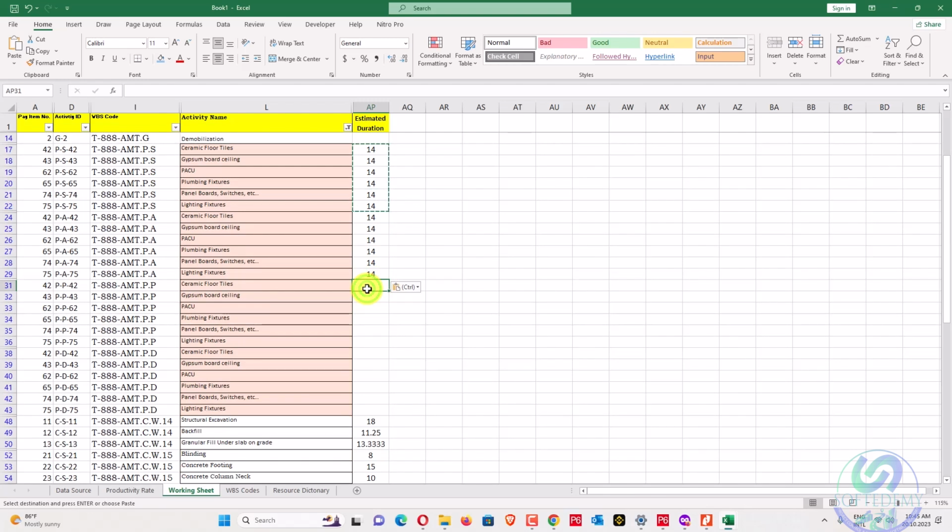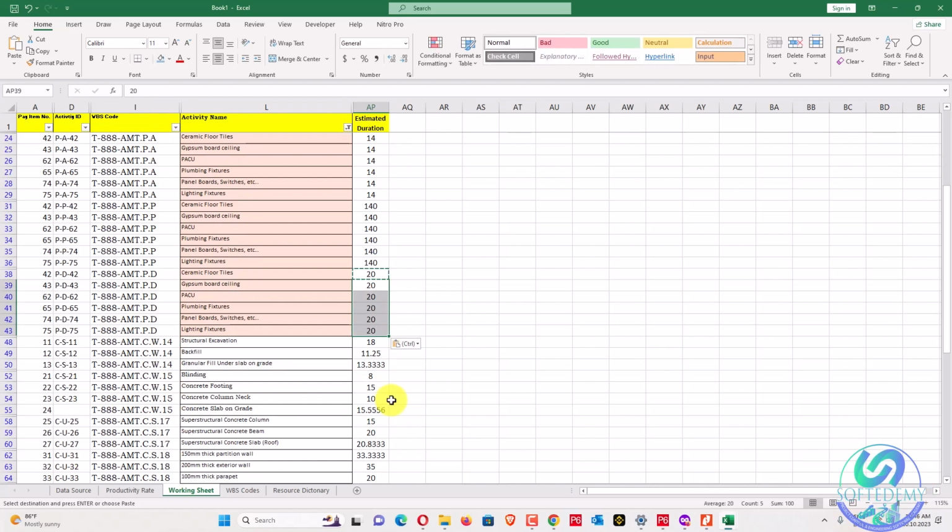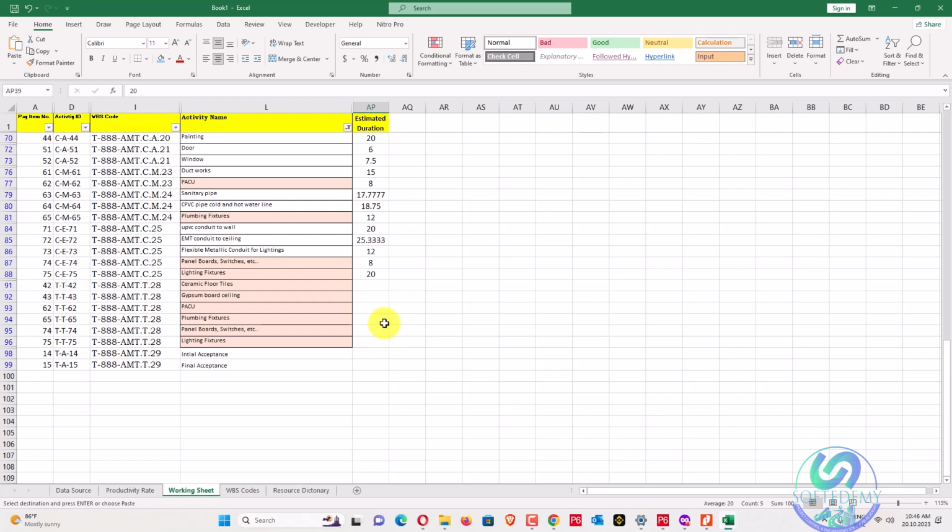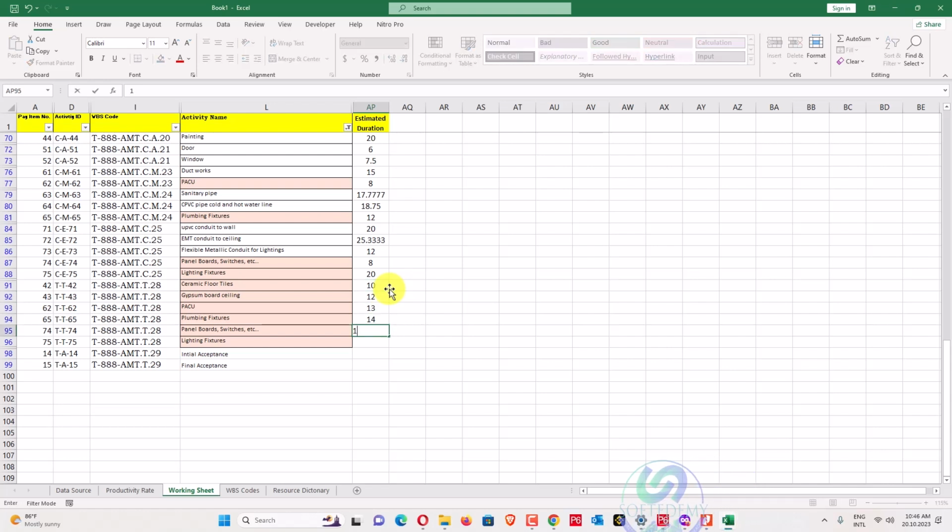This one is 140 days for the lead time. You can see here lead time, and this one also you can say 20 days, 21 days also for the delivery. And now for the last ones, you can write here like 10, 12, 13, 14, and 11 and 10 days initial acceptance, and this one 3 days also.